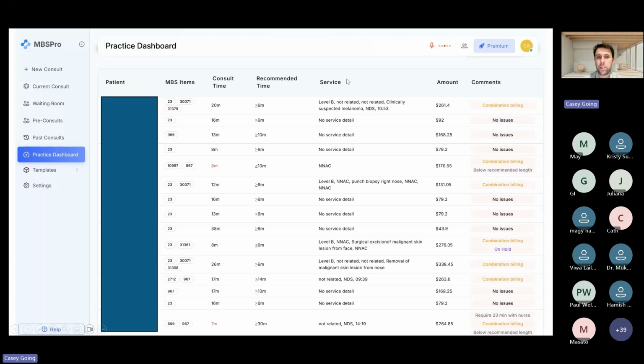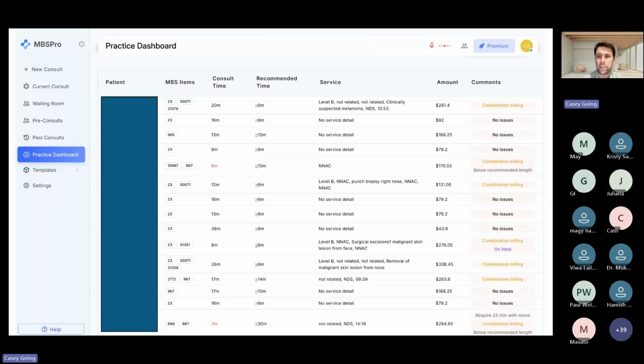This service just lets you know what's been put through. Now, you don't need to put in a comment on a 23 that you've privately billed. That will 100% always go through. There are some caveats, if you're putting through a 23 of a 30071, annotating not normal aftercare or unrelated or something like that will make it go through. If you're doing, say, a 2712 and a 967 together, putting on times when you've done those things just means it goes through better and easier.